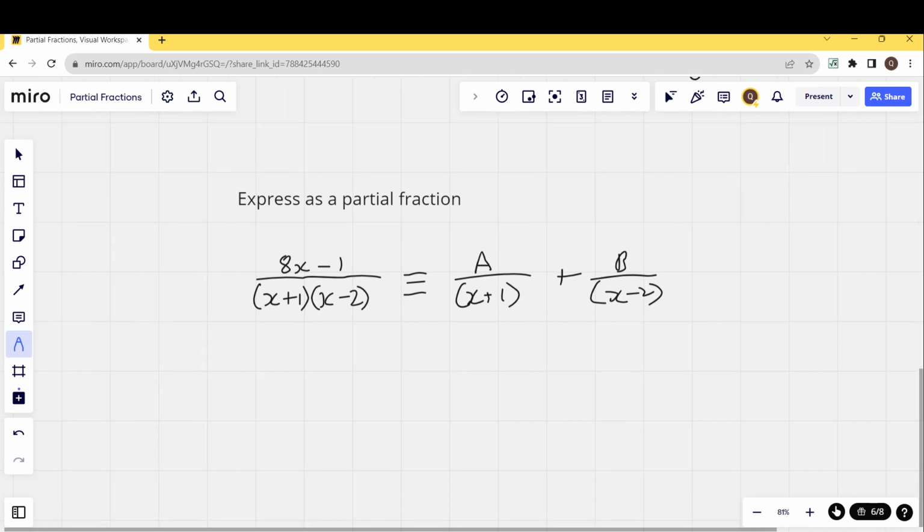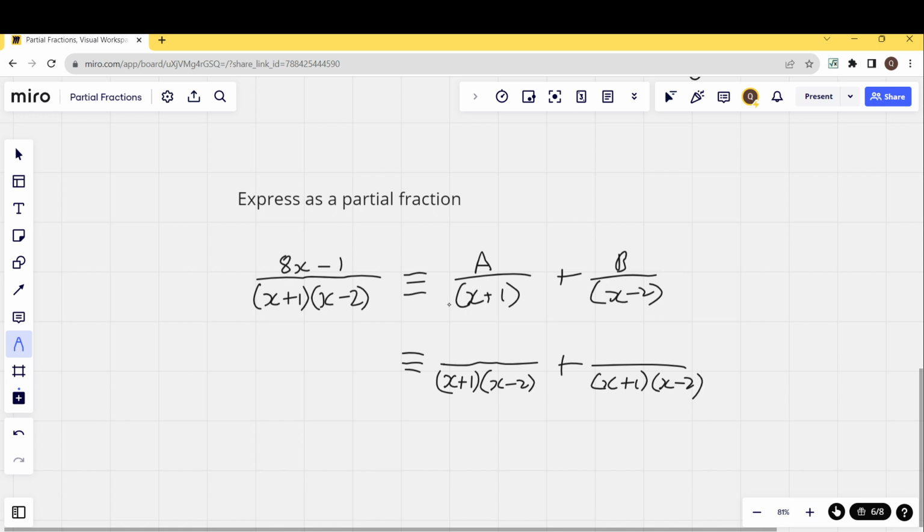And for that to work, we're going to imagine that we were combining these two fractions. If we were combining them, we need to make a common denominator, and the common denominator would be found by multiplying each of their denominators together, like that. Okay, so now